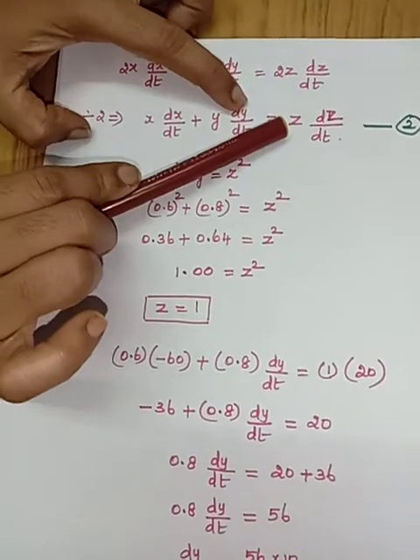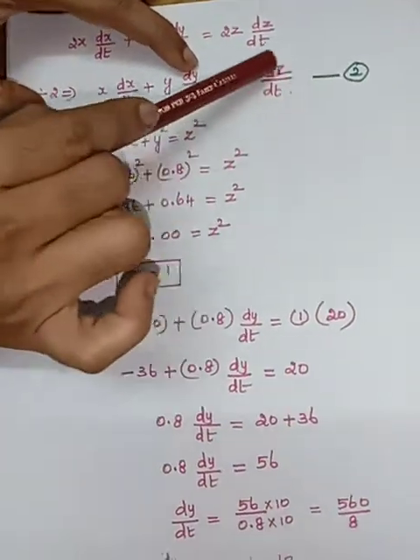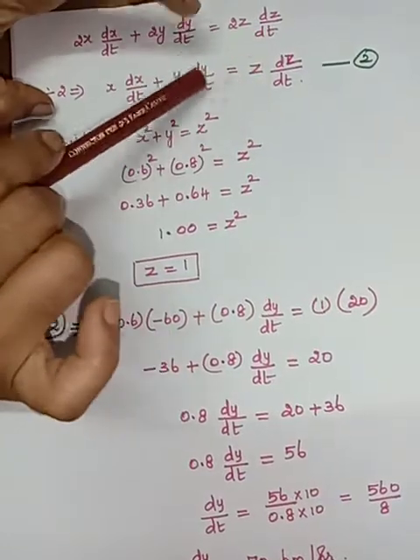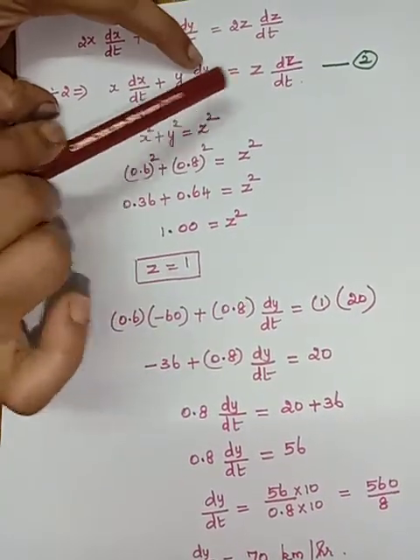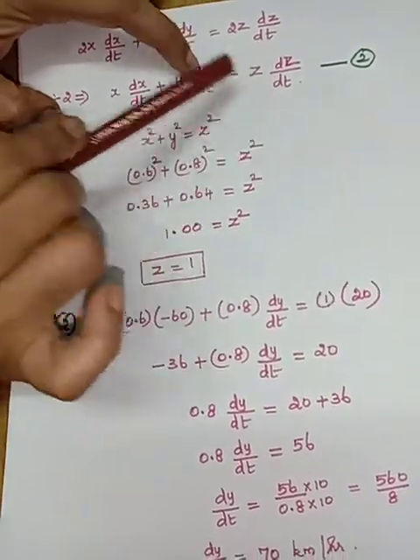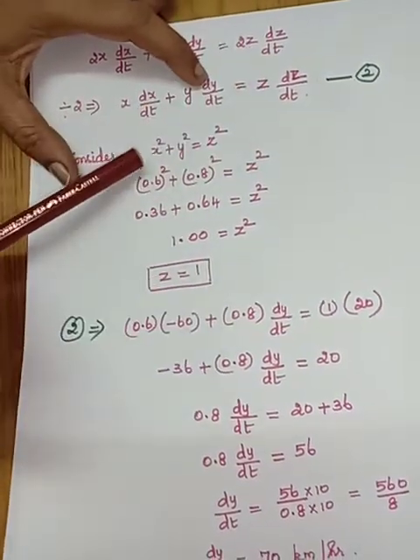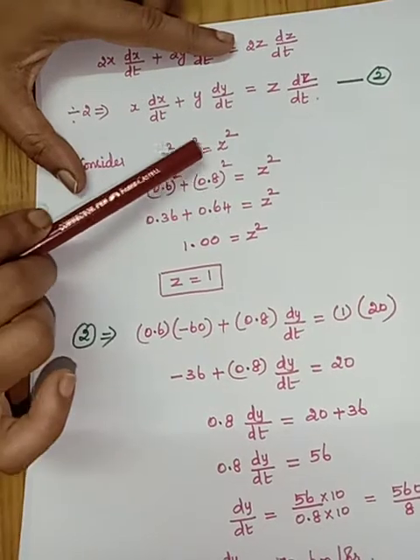Here z also we don't know, and dz by dt is there. So here in this result, two results are unknown. One is dy by dt and z. So from these two results, first we can find z using the relation x squared plus y squared is equal